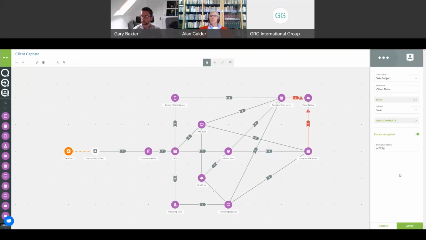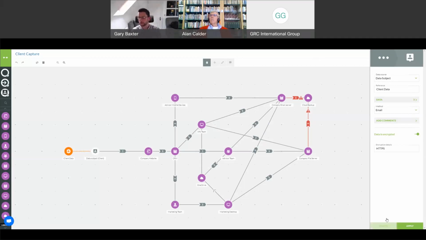Now that's all good and well looking at the data itself, but we also need to go the extra level with regards to what safeguards do we have in place and what things do we need to consider whilst transferring information. Firstly, highlight how the data is moved. Is it via email? Is it via hand-to-hand? Is it private networks? We can then illustrate straight away, okay, is the data encrypted? It's going through a company website. Most of the time there's an HTTPS protocol in place, so we can highlight that straight away. And when we're looking at things like cloud backups, company email servers, there might be additional encryption, and so on